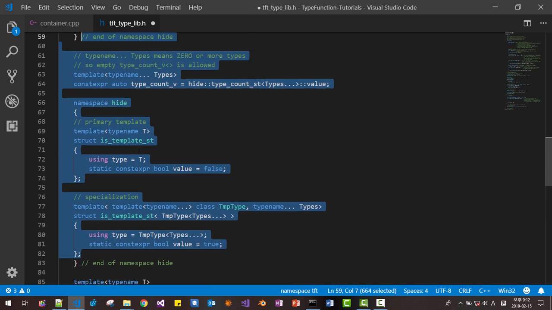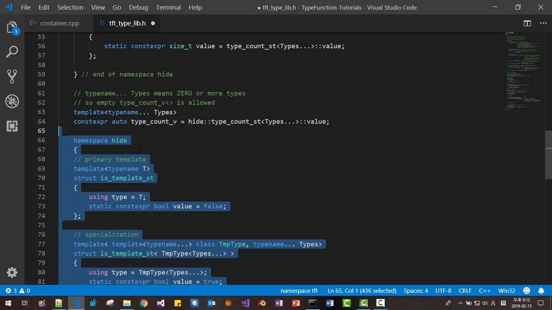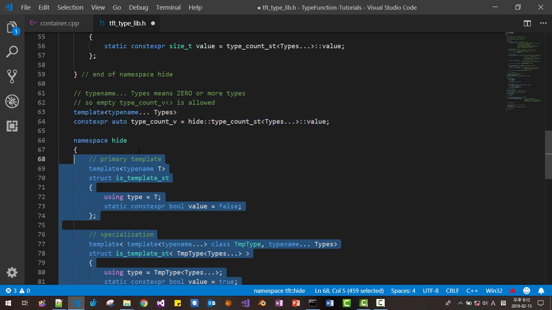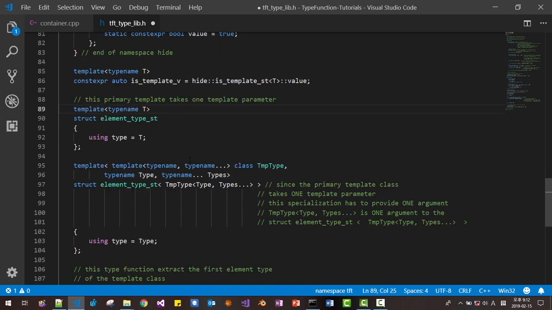Scroll up, this point, indent, and we have to prepend hide, and also here